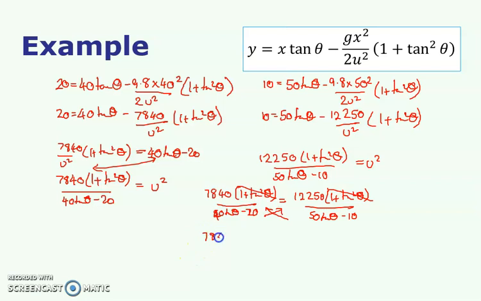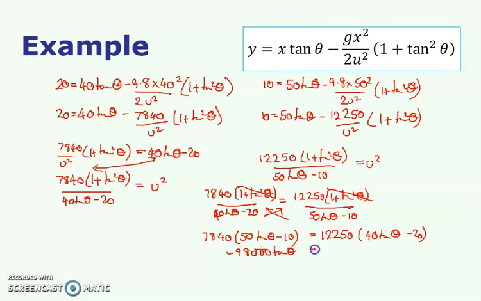I've got 7840 times 50 tan theta minus 10 is equal to 12250 times the 40 tan theta minus 20. So I'm going to multiply out those brackets and collect all the tan thetas on one side. So that's 50 lots of the 7840, and I'm going to subtract from that the 12250 times 40. And that gives me, moving all the tan thetas on this side, minus 98,000, ridiculous numbers here,